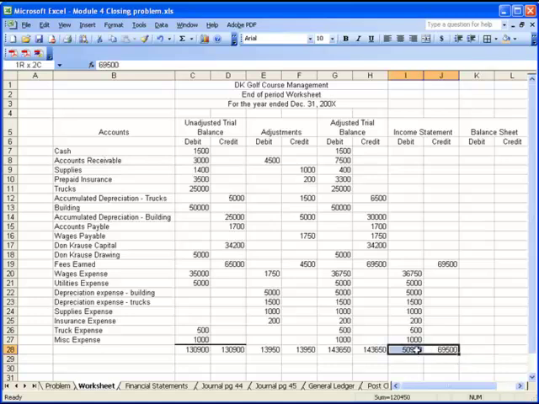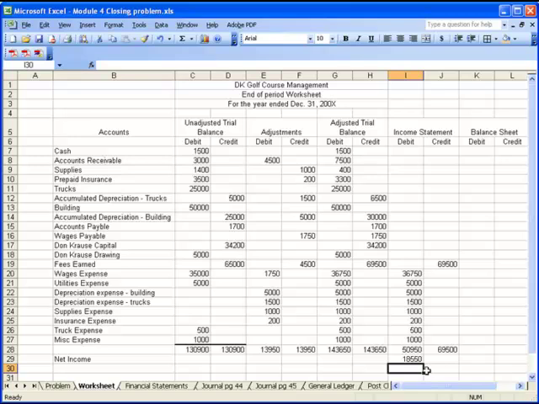Our income statement equation is revenue minus expenses will give us net income. Our total expenses are $50,950. And so our net income, we're going to type in over here, is simply this cell right here equal to our revenue minus our expenses. Our net income for this company for the year is